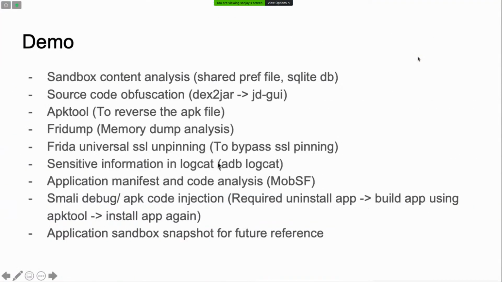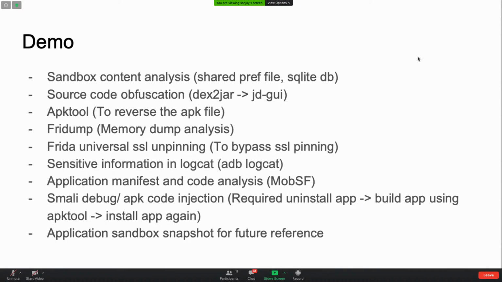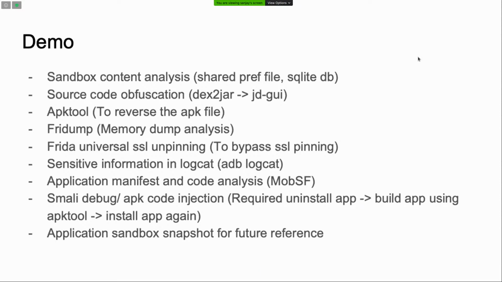So now let's move forward. Sometimes what happens, the application implements some checks at the client end. In that case, it is required to analyze the source file and identify that client side check. In order to bypass that, we have to modify the source of the APK, and then recompile the APK file, sign it, and then install it again on the device. Okay, so it's pretty lengthy and also time consuming. So let's bypass this using our tool.